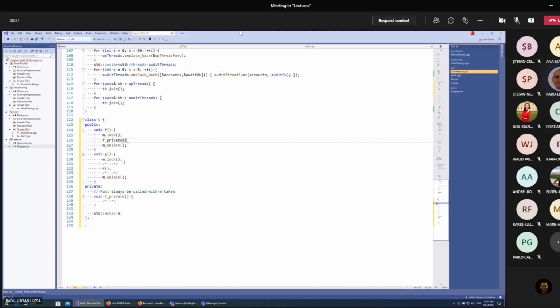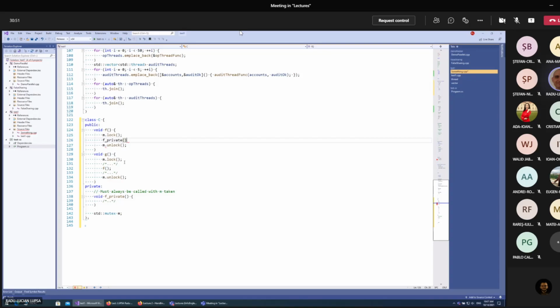And then G, when it needs some services from f, will call the private version of f. And now we don't need recursive mutexes, and we also have better control on the invariants. So now all the public functions know that the